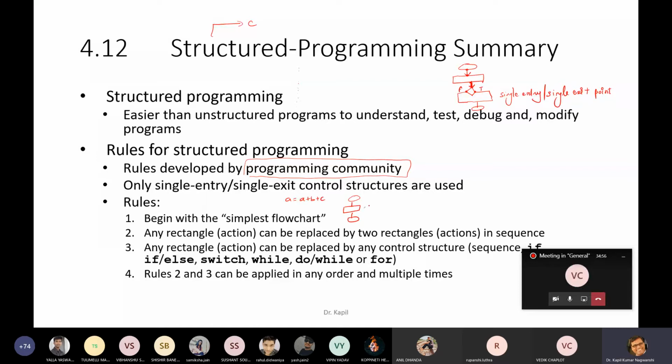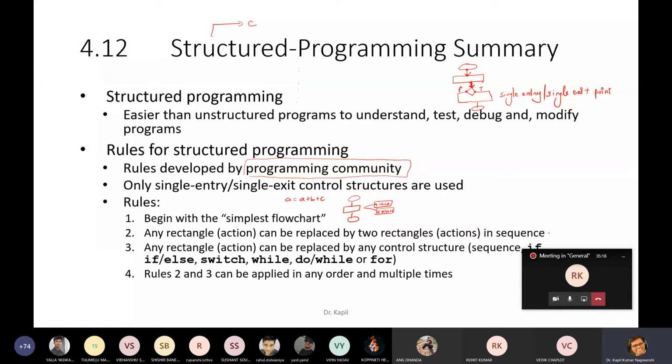You can convert this into two statements, two rectangles. What are the two rectangles? a = a + b, and the second statement is a = a + c. Yes or no? Yes, sir.